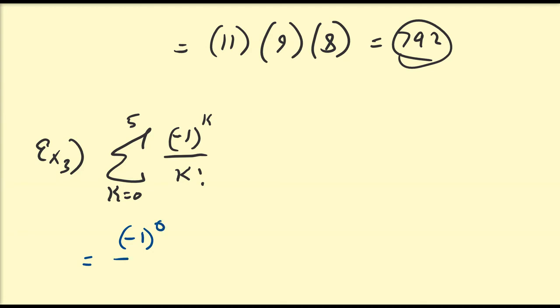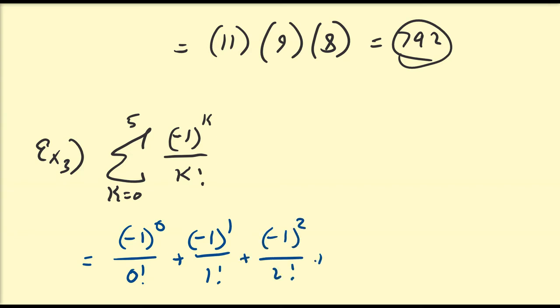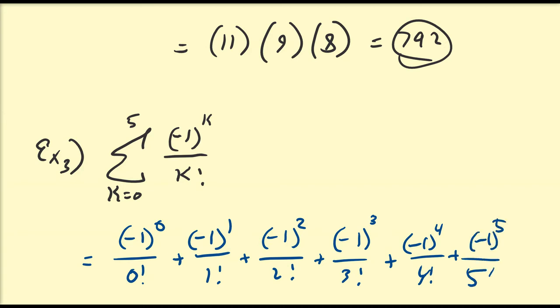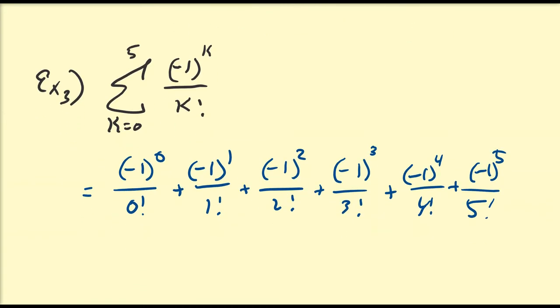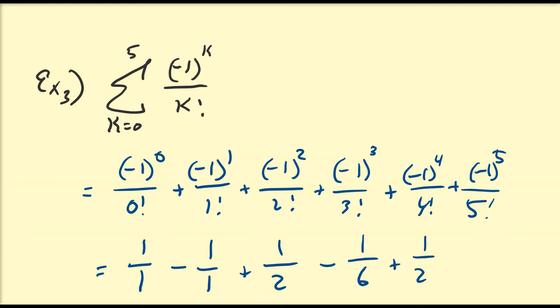So this is going to be negative 1 to the 0 over 0 factorial, plus negative 1 to the first over 1 factorial, negative 1 to the second over 2 factorial, negative 1 to the third over 3 factorial, negative 1 to the fourth over 4 factorial, and then negative 1 to the 5 over 5 factorial. These negative 1 powers are going to alternate between plus and minus. So we can rewrite this as positive 1 over 0 factorial, which is 1, and then minus 1 over 1 plus 1 over 2 minus 1 over 6 plus 1 over 24